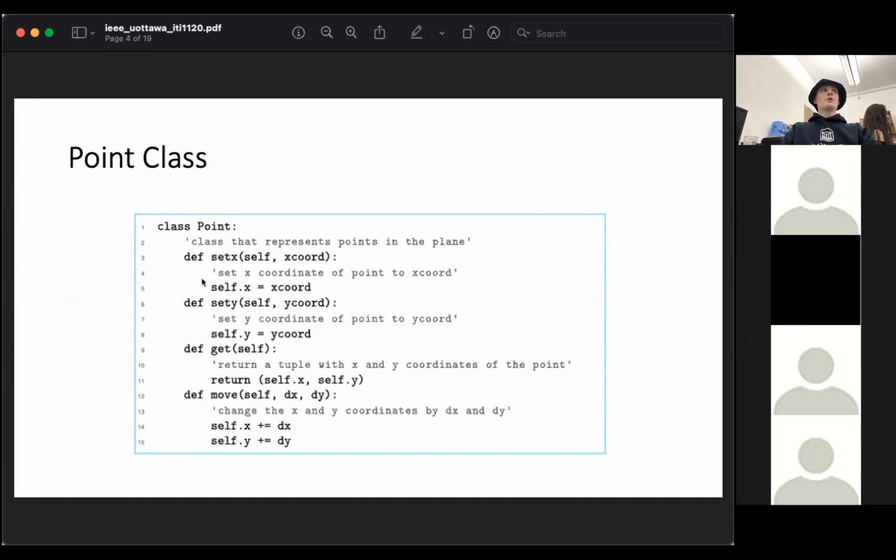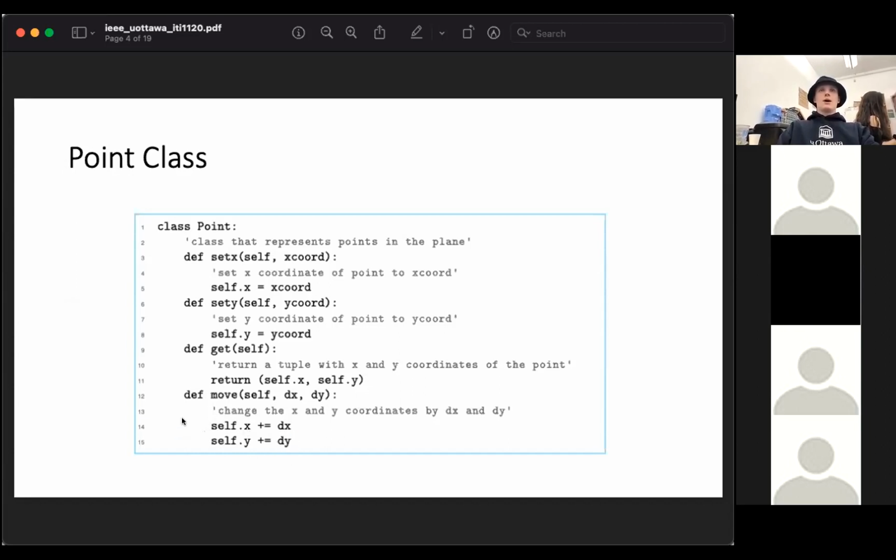In Python, whenever you have a variable that belongs to the class, you have to use self to make it an instance variable. Then you have self.y equals y_coord for set_y. And when you get, all you do is return self.x and self.y in a tuple. To move it, you would have self.x plus equals dx, that's the change in x, and then self.y plus equals dy, the change in y.